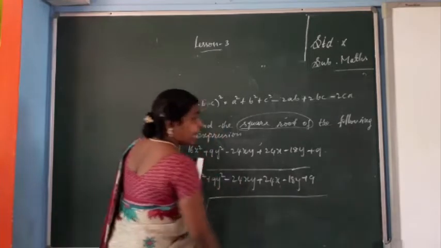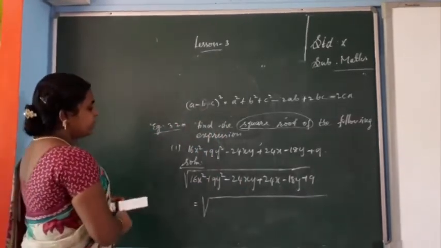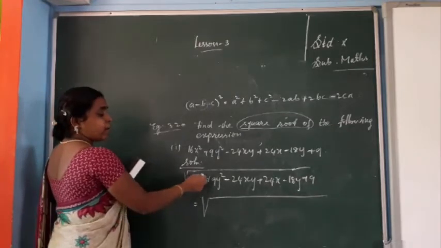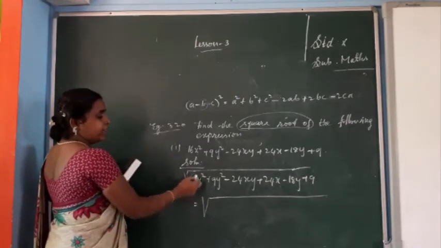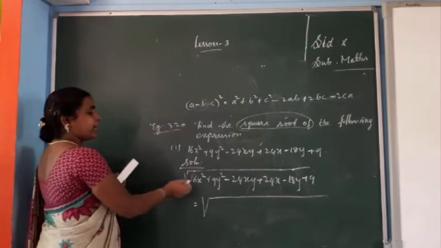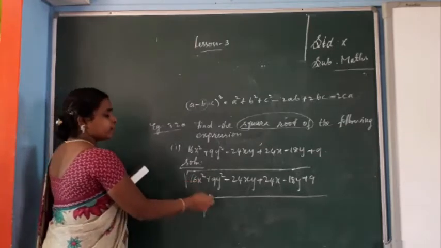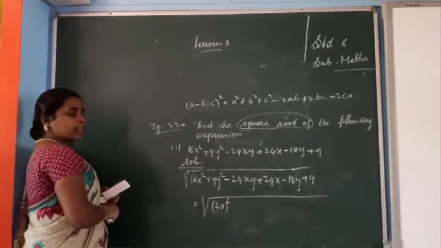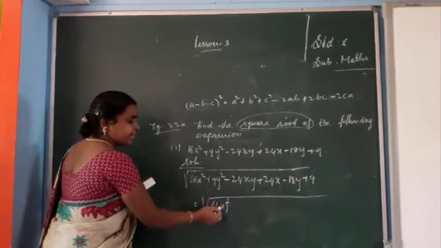So you cannot write directly; you want to do some adjustment. You see, instead of 16x square, x square is there, isn't it? So near that value also, one square number only. 16 is the square of 4. So I am writing 4x the whole square. Okay, 4x the whole square is correct. 4 square is 16x square.